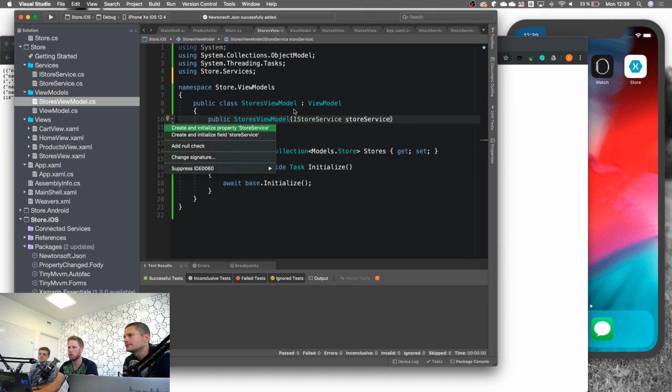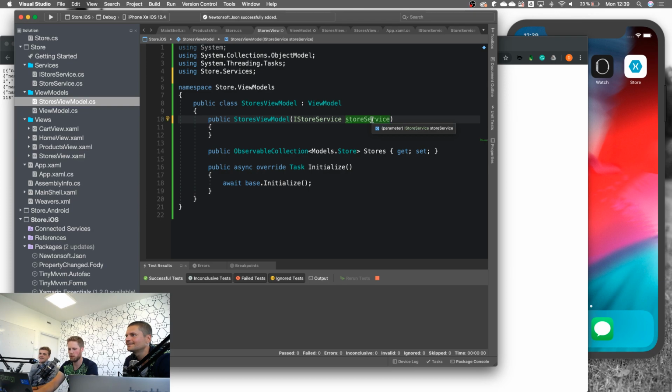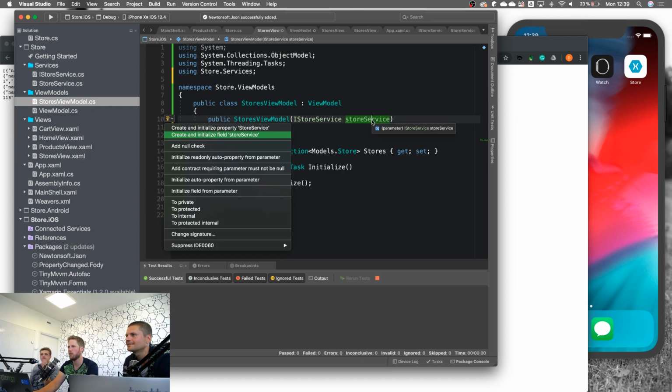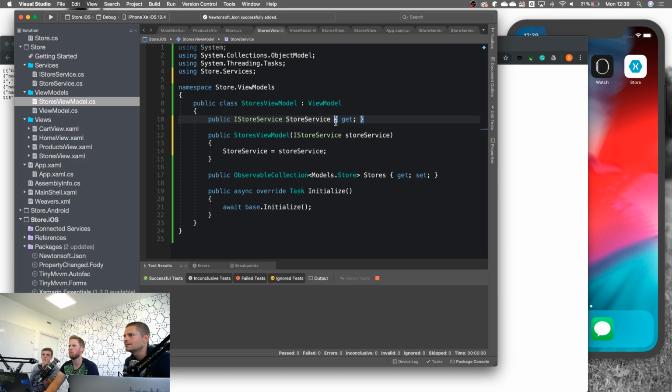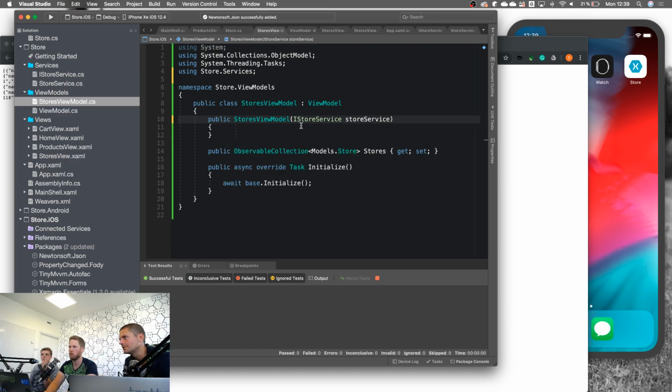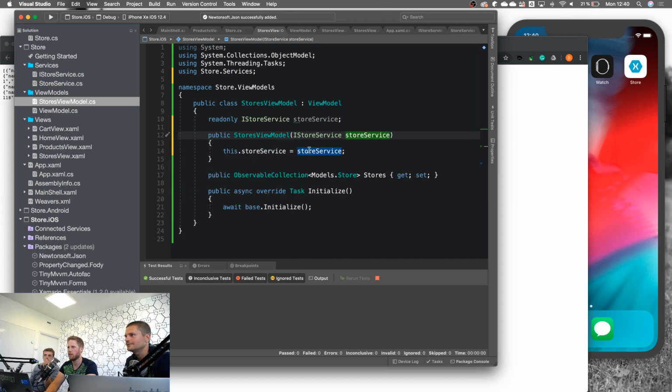And how can I use this? Create and initialize property. No, undo, and do it for real. And do it for a field instead of property. Yeah, of course. Read only auto property from parameter. Why was it public? Let's read all of it. Auto property in the field from parameter. Field from parameter. Yes, that's the one. Okay. And then we can go here and